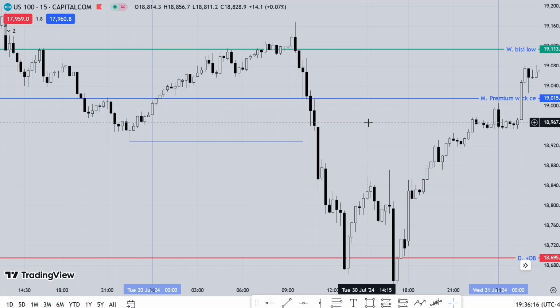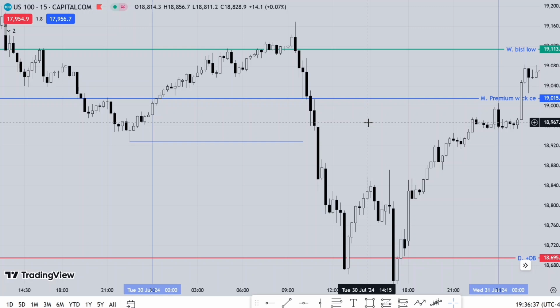So price moves from higher time frame key levels to levels. And one more thing, if price is at a monthly PDRA, a monthly key level PDRA,